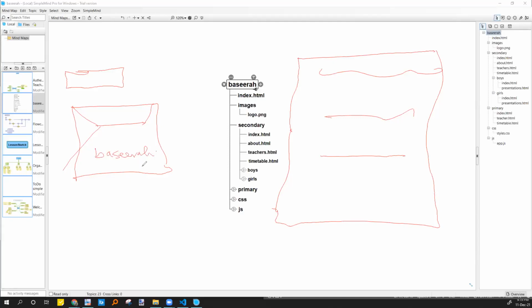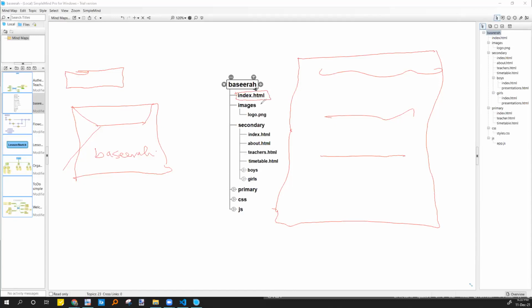Now, inside that folder, I will put the first page that people will see when they go to the website, the home page of that website. So that home page of any website, please listen to me. The home page of any website you want to create, you name it